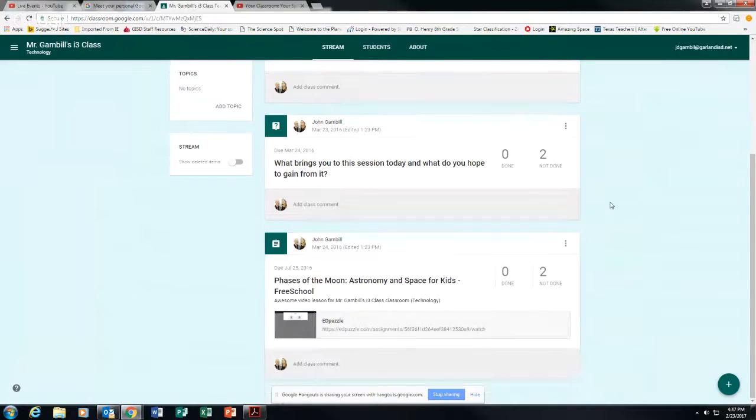Once they get in there, such as my kids, let's say, for example, what I'm about to do here is for one of my classes, we were doing the phases of the moon. And some of my kids were not doing real well with the paper aspect of it. They could give me some stuff audibly as well, but I wanted them to see some stuff visually and actually see the phases of the moon. And in order to do that, to give them some self-paced work, and also give me some feedback, I found a video online and used a portion of that video and broke it down to where it has